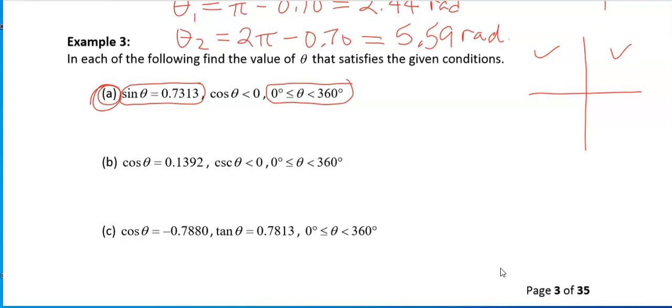Now here, right in the middle, let me just change my ink color. That little piece right there kind of changes, well, not everything, but it changes a lot. This is also saying that the cosine of theta is less than 0. Now, ask yourself this question. Which two quadrants have a negative cosine? All right? Because that's going to play a part in our solution here now. So, where is the cosine less than 0? Where is it negative? Well, according to the CAST rule, that would be quadrant number 2 right there and quadrant